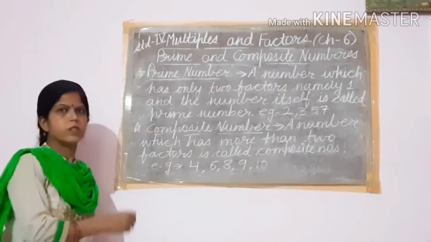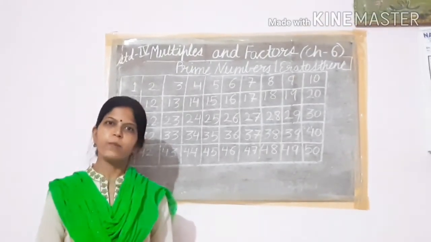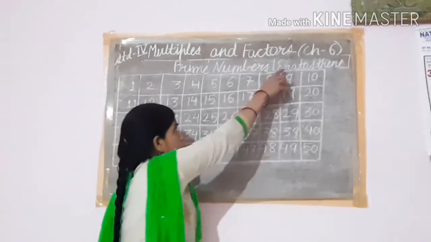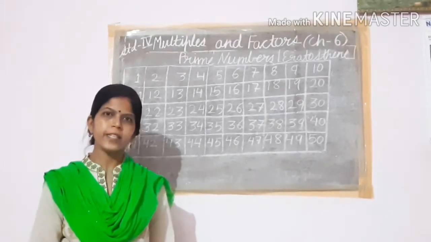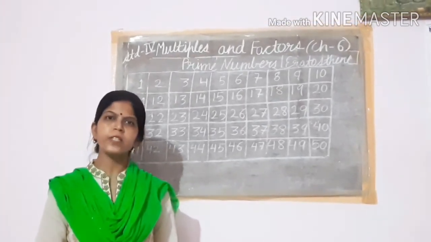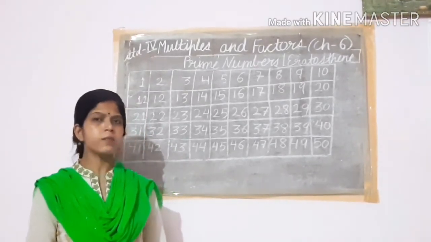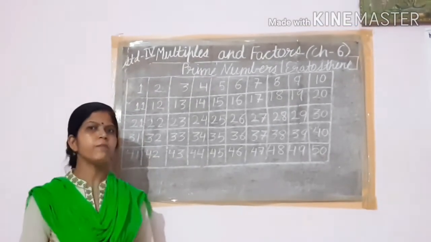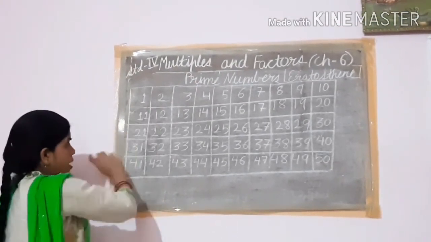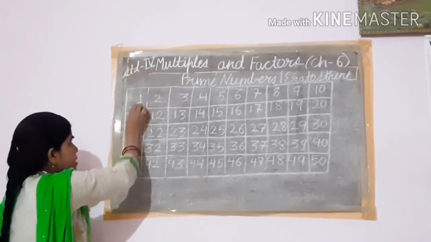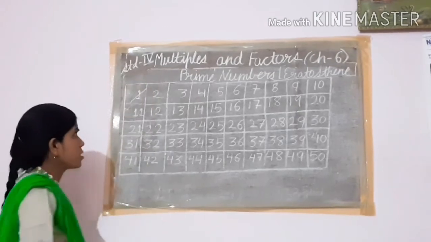Many more are there. Children, there is no simple rule for finding prime numbers. Eratosthenes, a Greek mathematician, gave a method for finding prime numbers by removing numbers that are not prime. I am showing you his method for finding prime numbers from 1 to 50. Let us start. 1 is neither prime nor composite. So you cross this 1.